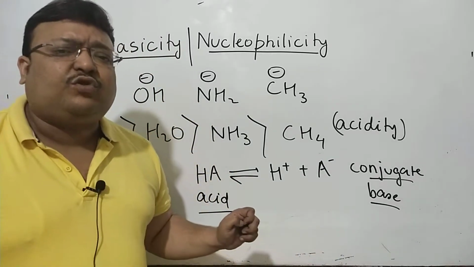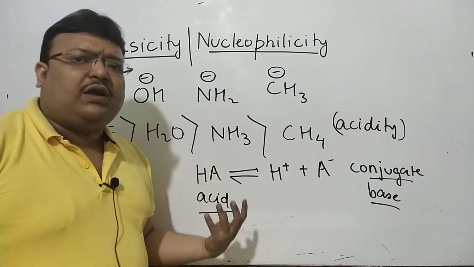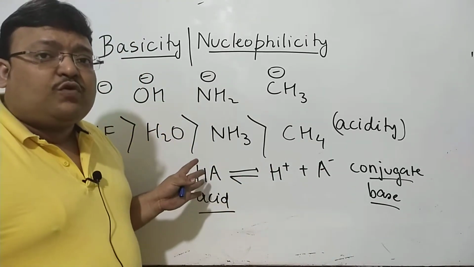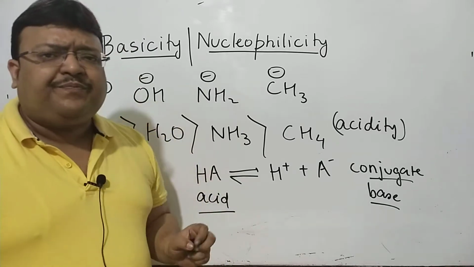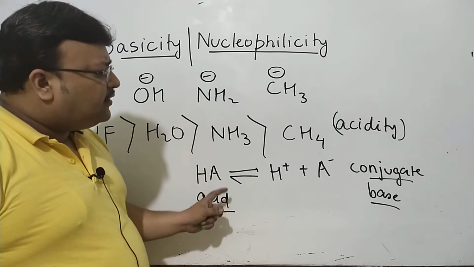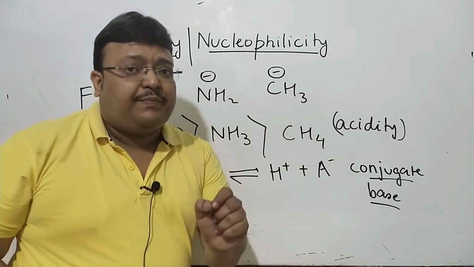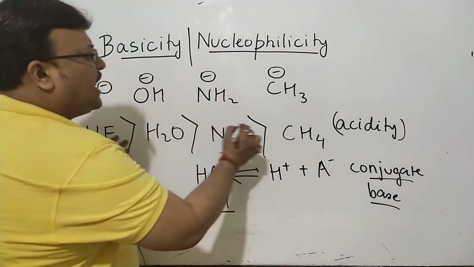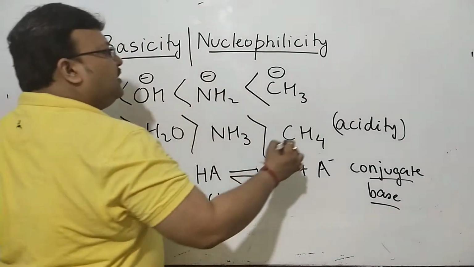This is a basic rule. There are no exceptions to this. This is a simple rule of any reversible, any equilibrium scenario. If it goes forward to a larger extent, it comes backward to a lesser extent. This is absolute basic. If it's more acidic, then obviously it's less basic. If it's more acidic, then the conjugate base is less basic. So every time we're asked to compare basicities, we talk about acidity first, and the reverse is the order of basicity.